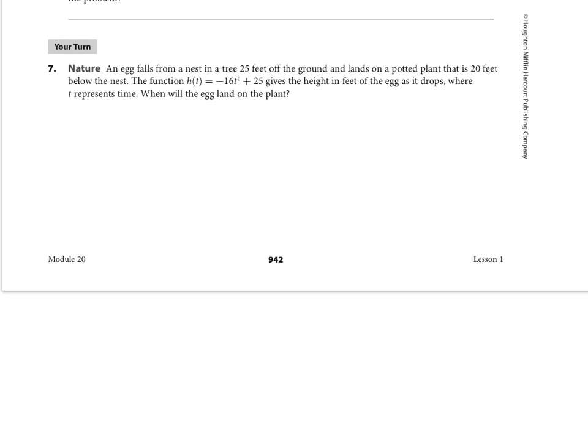Okay. An egg falls from a nest in a tree 25 feet off the ground and lands on a potted plant that is 20 feet below the nest. Okay, that's important. 20 feet below the nest. So again, 20 feet below the nest, that means it's where? It's actually 5 feet above the ground, because the nest was 25 feet off the ground and the potted plant is 20 feet below the nest. So that means it's 5 feet off the ground. Now, why that's important is because when we're looking for when it lands on the plant, we are setting this equation